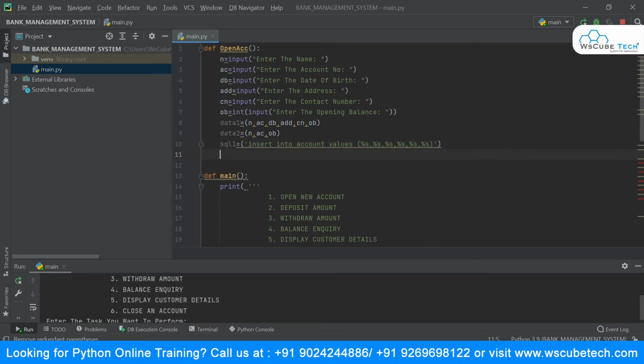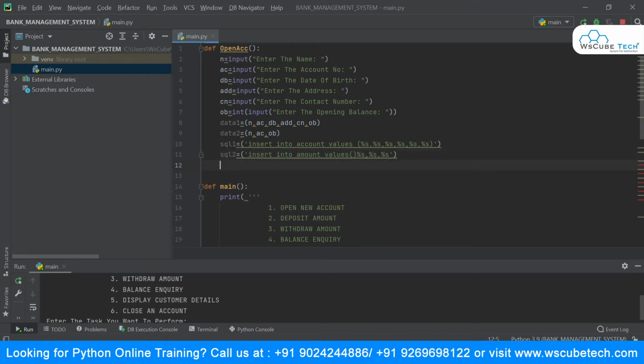And inside my SQL, the second query that I'm inserting is to insert the record inside my second table, that is the amount. So I'm going to say insert into amount values, and here, as you can see in my data 2, I have only 3 variables that I'm in need of. So I will say percentage, comma percentage, and percentage. That's it. I'm done with this thing.